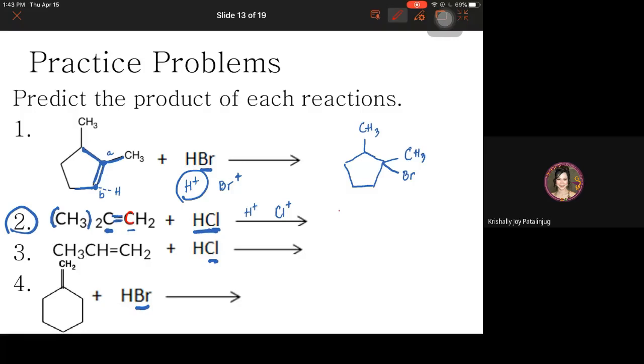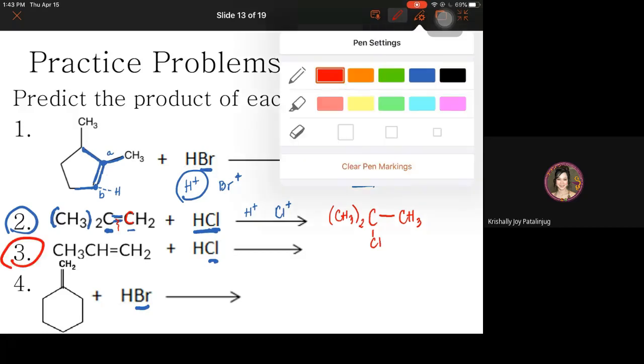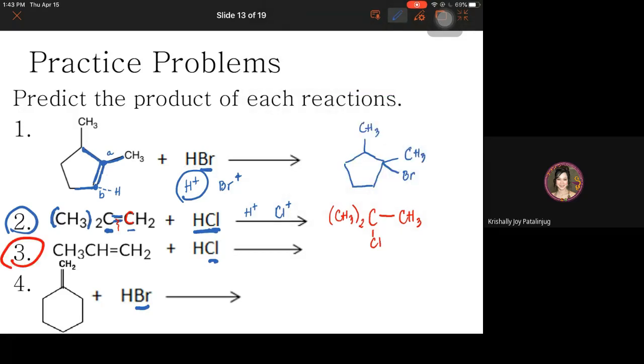So you copy the whole condensed structure, CH3, then here you add the chloro, one bond only, then CH3. Don't forget: for an addition reaction, break the pi bond. You cannot add if the pi bond has not been broken. Alright? Continue. Number 3. Compare again which of these reactive site carbons has more hydrogen, which is very obvious. On the left side, just one. On the right side,